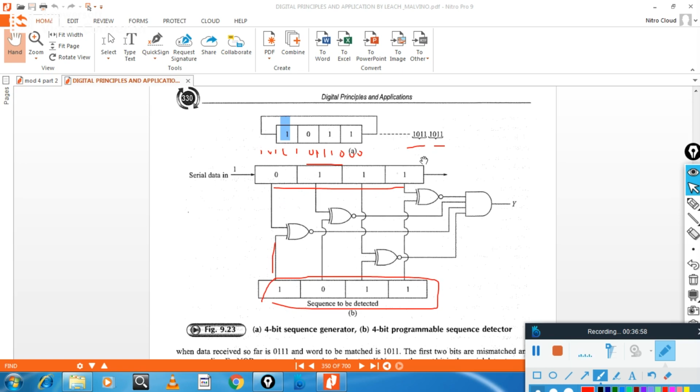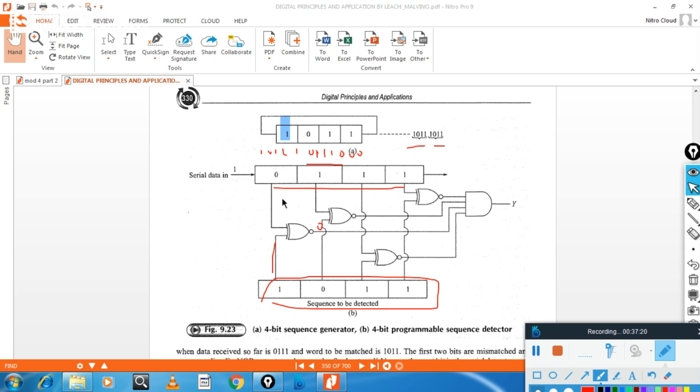Here data is moving. Now, when both bits are different, such as 0 and 1, the exclusive OR gate will give 1, and the exclusive NOR gate will give 0.